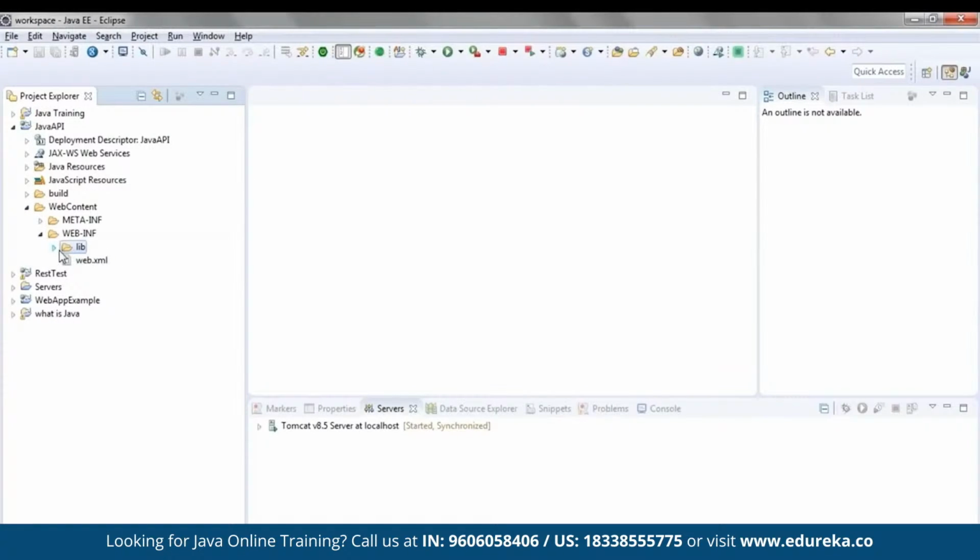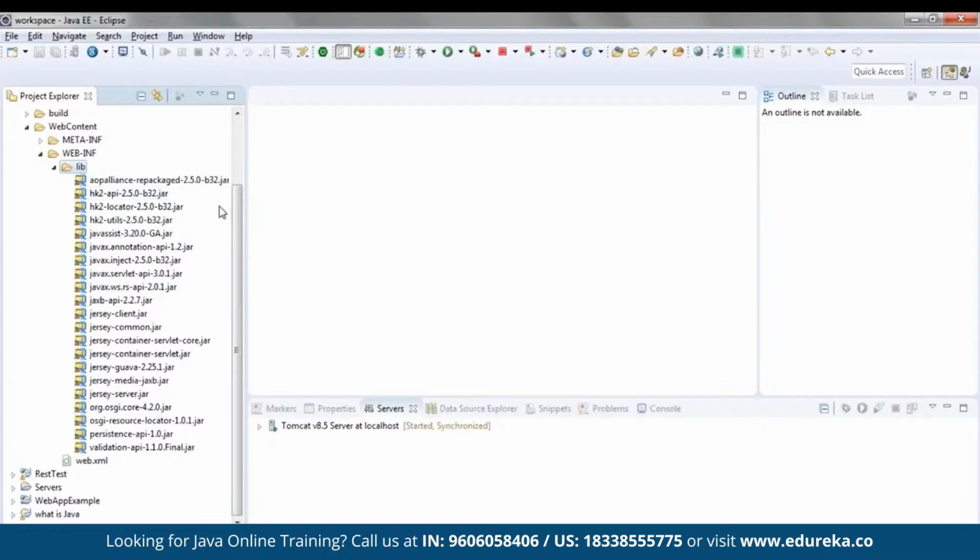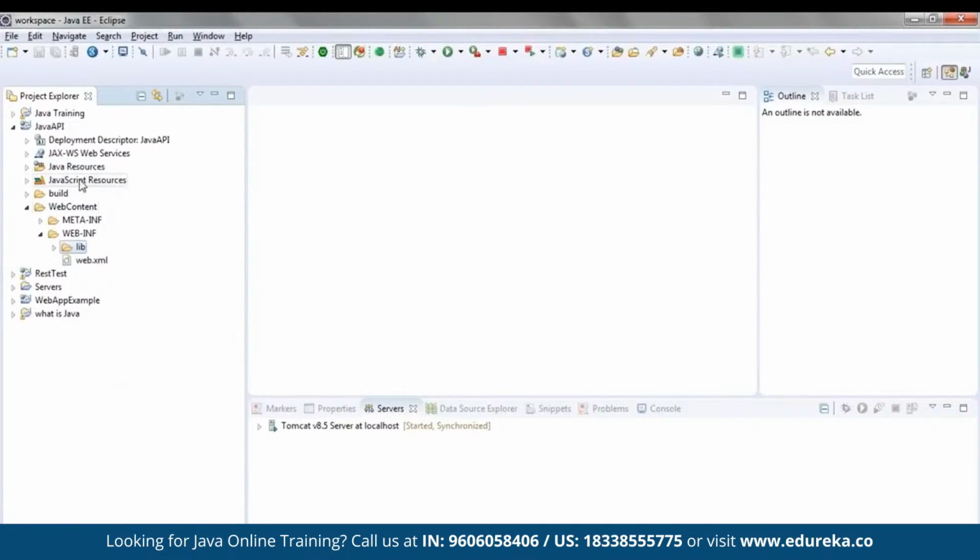Make sure you're adding all the jar files present in all the 3 folders inside your library folder. This is very important because if you don't follow this step, then your RESTful web service will not execute properly. So make sure you have added all these files as part of your library folder. Now that all of you have added these files, let's go back to our Java resource